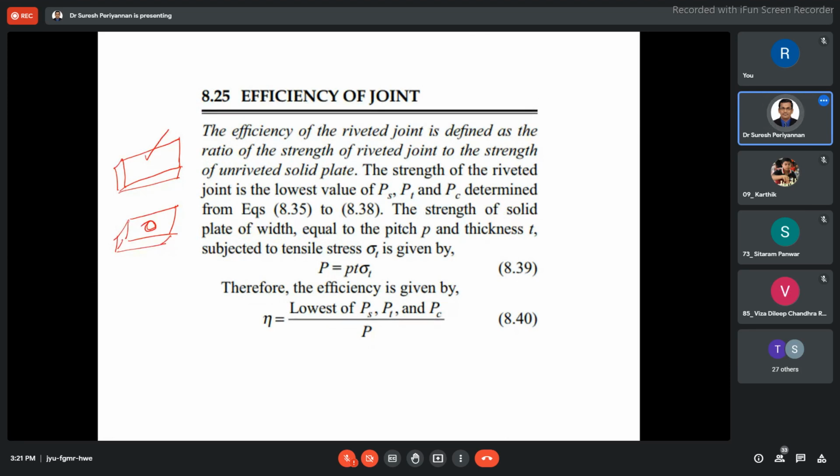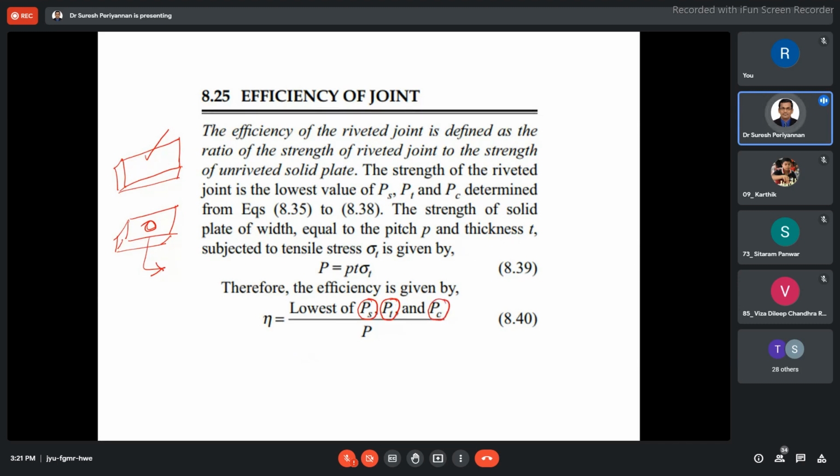Now that is the solid plate. What is the efficiency here? Before making the hole, how much is the plate strength, and after making the hole, how much is the strength of the plate? That we consider for defining the efficiency of the joint. Because without a hole we cannot make a joint, we cannot insert our rivet, hence we are introducing the holes. Without introducing a hole and with introducing a hole, what is the plate strength? When we introduce the hole, we have studied it in different manners: shear resistance of the plate, tensile resistance of the plate, crushing resistance of the plate. In the early slides we discussed these.